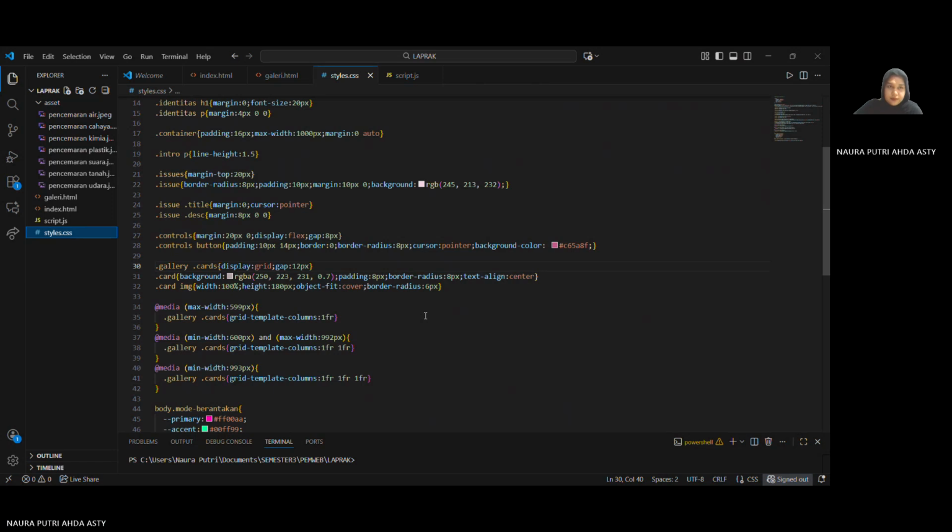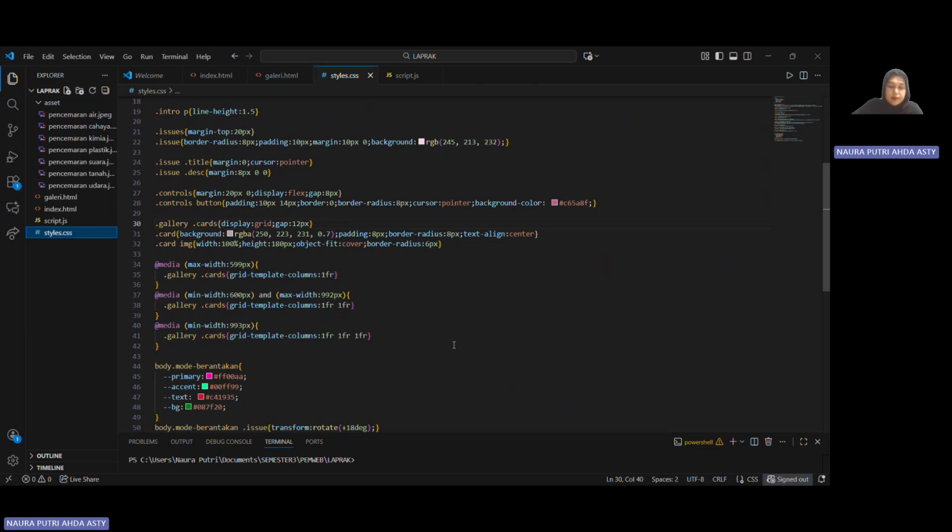Also this one is the media section, for how it looks on the screen.